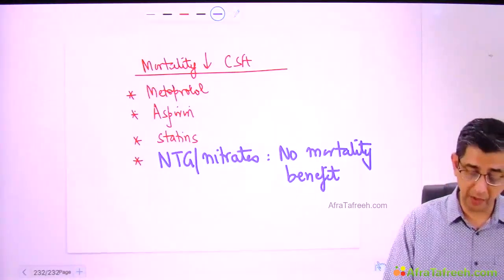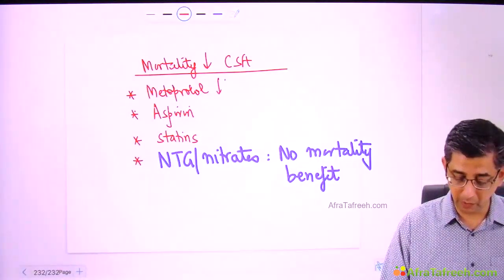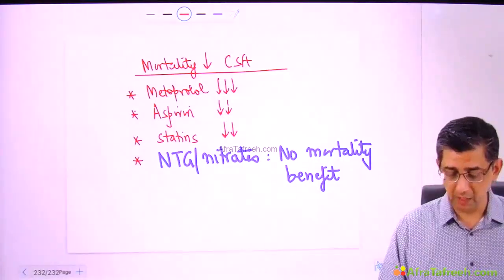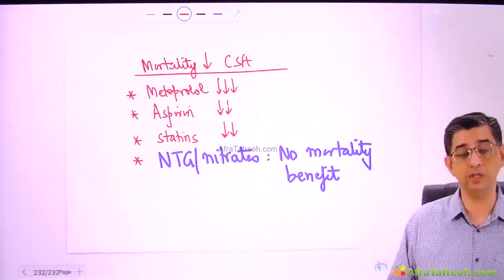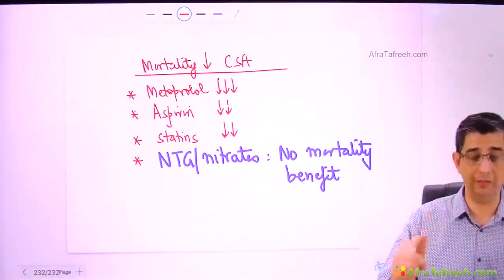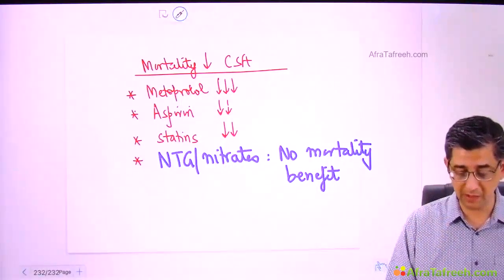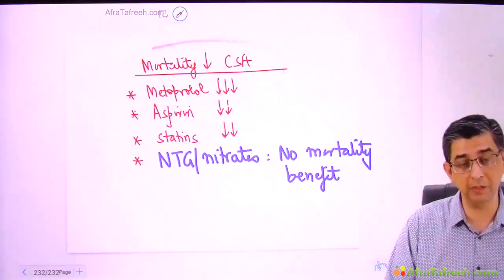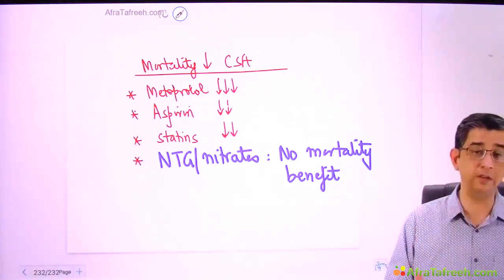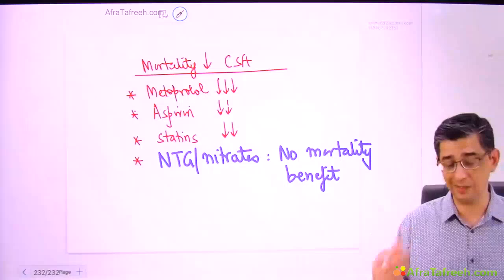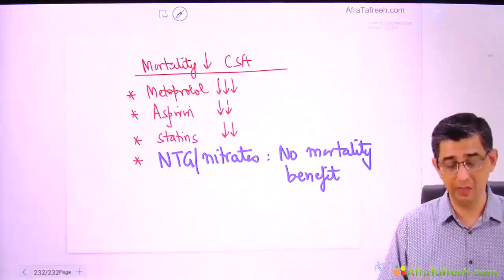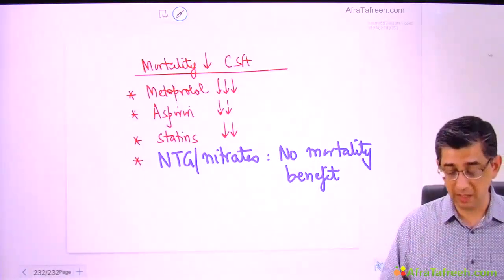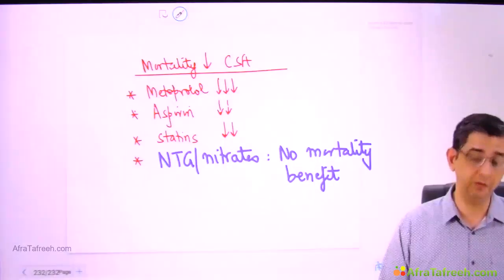We definitely have mortality benefit with respect to metoprolol. We have mortality reduction with aspirin, with statins definitely. And I've just put these vertical arrows here to say that if they ask you to select one, then metoprolol is the first answer. That is why it was mentioned as the drug of choice for patients of chronic stable angina. Obviously, all the interventions that we're doing here is to reduce the chances of mortality in an individual. Single best mortality reducing step is metoprolol, and no study has ever shown any kind of benefit with respect to nitrates.